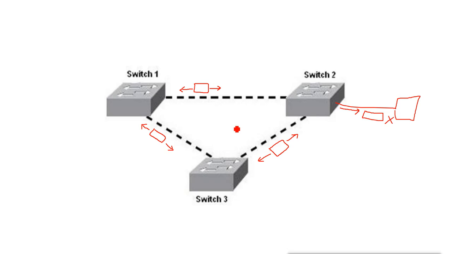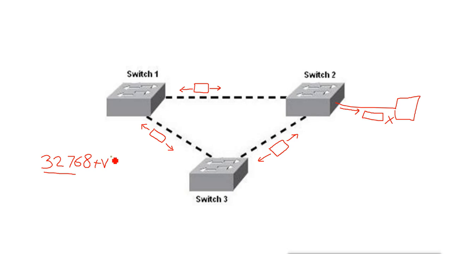Now the bridge priority is a fixed number, 32,768. It is called bridge priority, and the combination of bridge priority and the VLAN ID